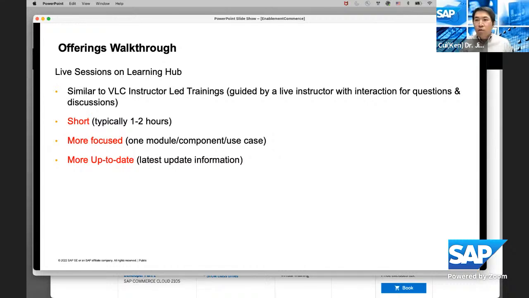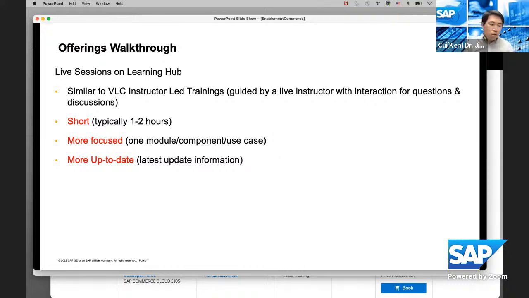The instructors who are doing live sections are also able to always combine the latest information that he or she gets from the software updates, and then reflect that information back into the live section content very quickly. This is, I would say, a big advantage compared to the normal ILT, the instructor-led training, because the